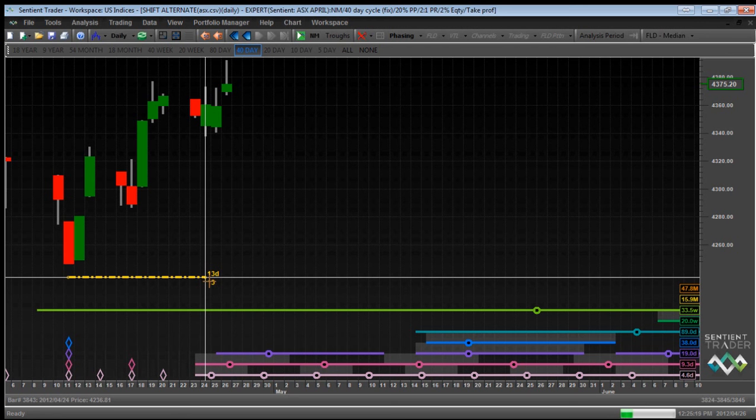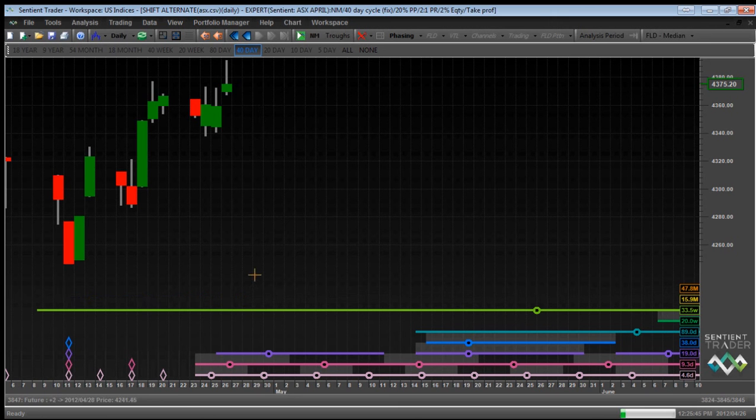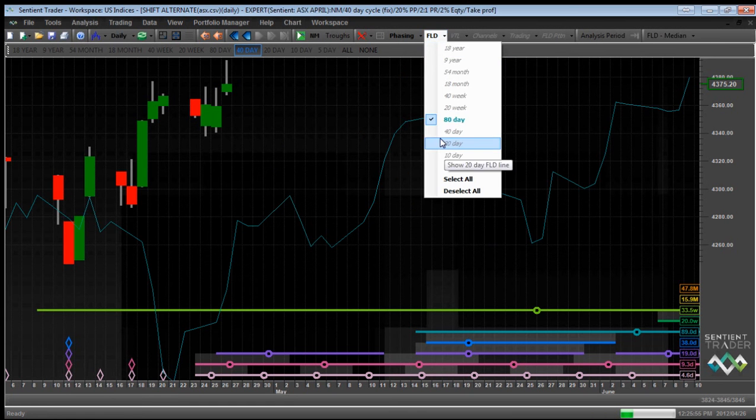Now, the nominal cycle length, which is the average cycle length of the 20-day cycle, is in fact 17 days. So the shortest that you would ever expect a 20-day cycle to be is about 12 days. Okay, so it is possible that the 20-day cycle occurred here on the 24th of April. All right. It's also possible that the market's going to move down and still form a trough of the 20-day cycle. So it is possible that we haven't seen the formation of the 20-day cycle trough yet.